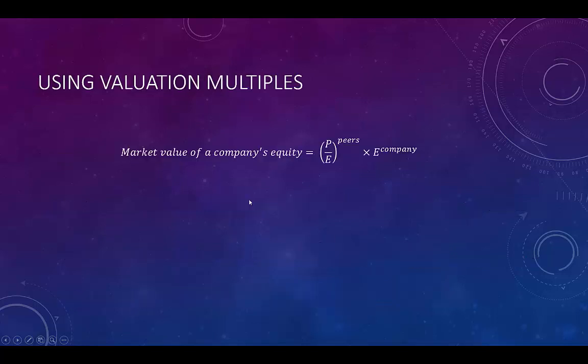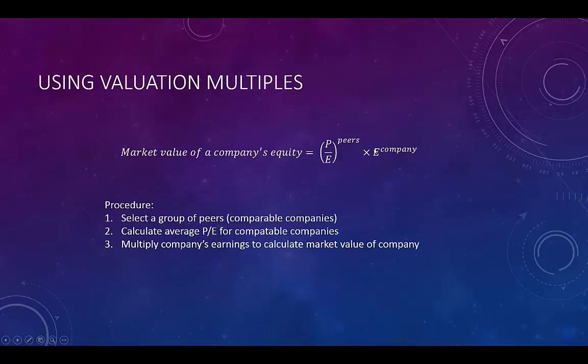The way we use the multiples to value either the equity or the enterprise value of the firm is quite simple. To calculate the company's equity, we multiply a valuation multiple such as the PE ratio with the earnings of the company. This is much easier than the discounted cash flow approach and much quicker. Unfortunately, because of this simplicity, it is not easy to capture the details surrounding expectations of a company's profitability and growth in revenues and earnings as we could do in the discounted cash flow model.